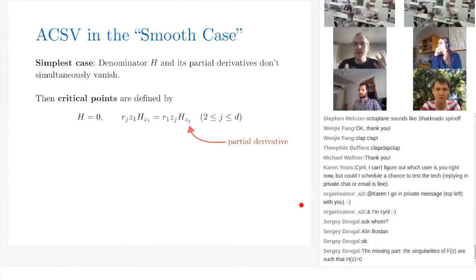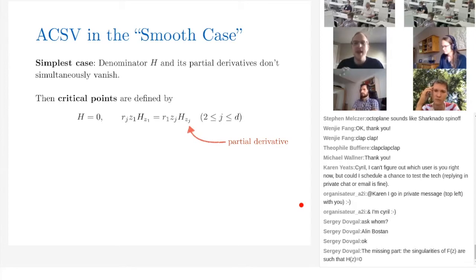Because we're dealing with these multivariate generating functions, things can get very pathological. So in this talk, I'm just going to restrict to the easiest case, which is usually called the smooth case. For us, that means that your denominator and its partial derivatives don't simultaneously vanish. So for every point that's a 0 of h, one of the partial derivatives of h does not vanish. And this means that your set of singularities forms a manifold, so this is why we call it the smooth